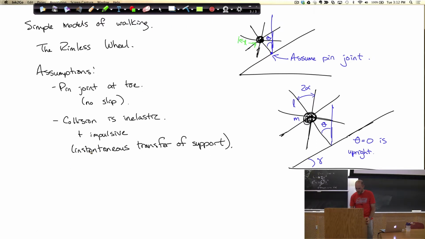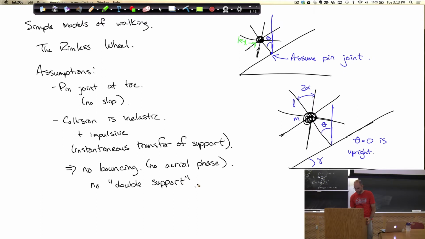And the consequence of this inelastic assumption is that this rules out bouncing. I can never have an aerial phase. So no, never going to leave the ground. There's always exactly one foot on the ground, and there's also no double support. Okay, so